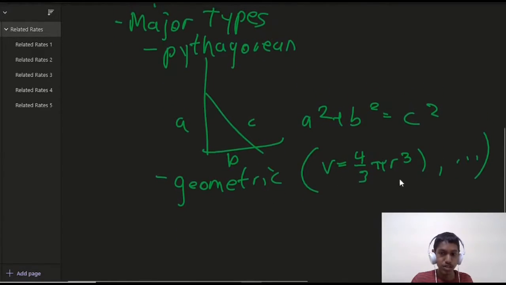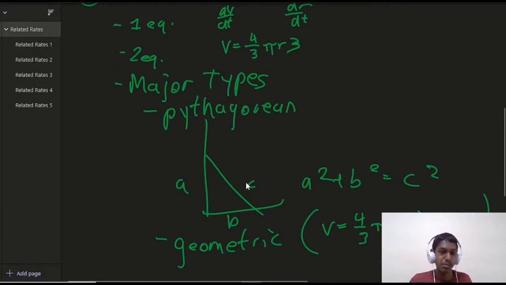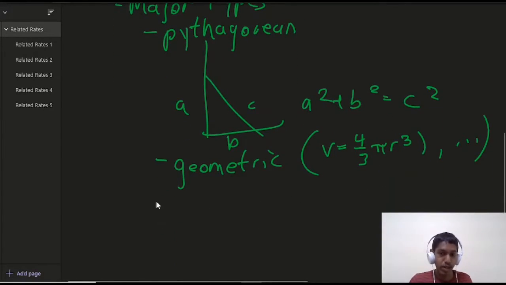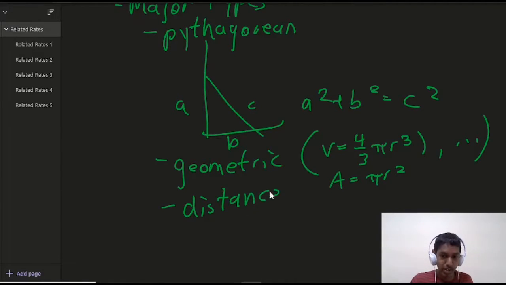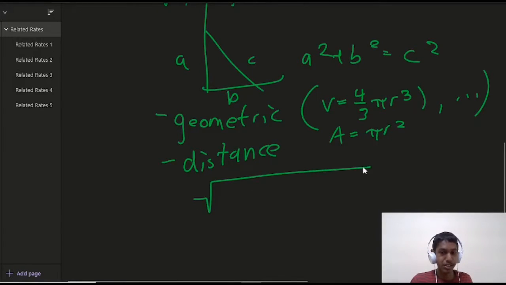So these equations might be used. They'll often give you these equations in the problem. They only require you to memorize the basic ones, like area is pi r squared for a circle. Distance formula is a little rare, but it still can happen,